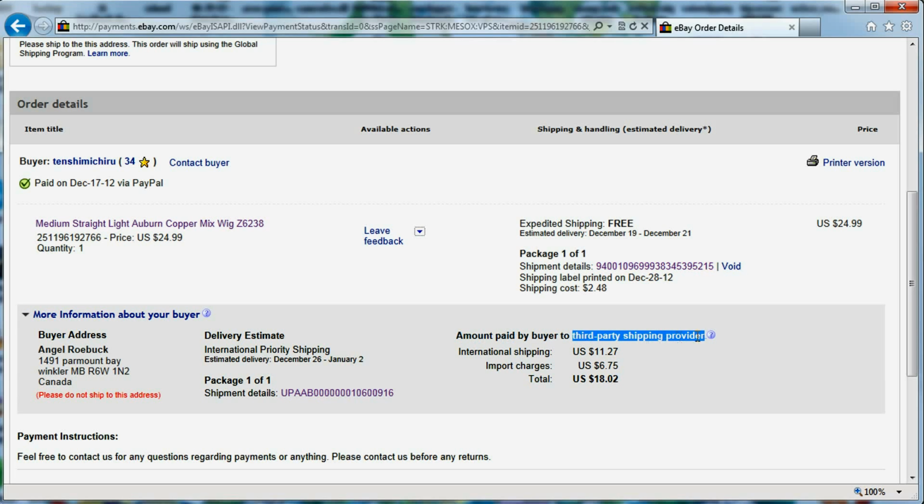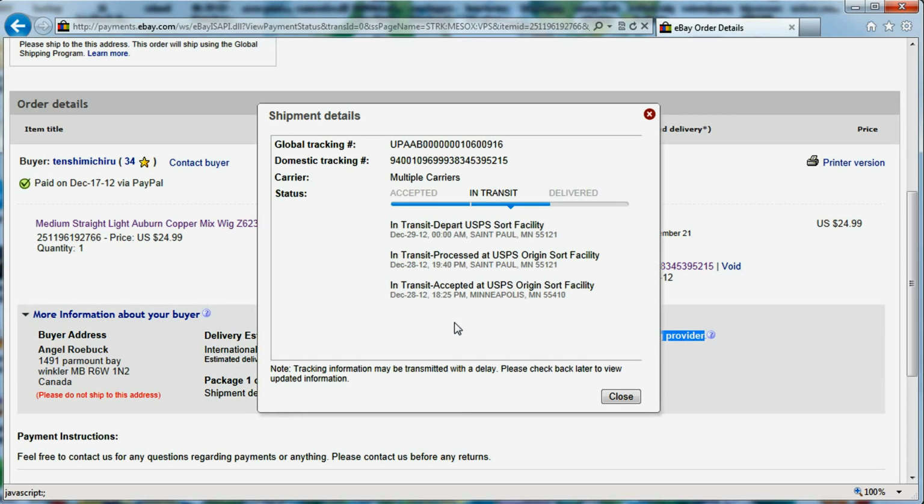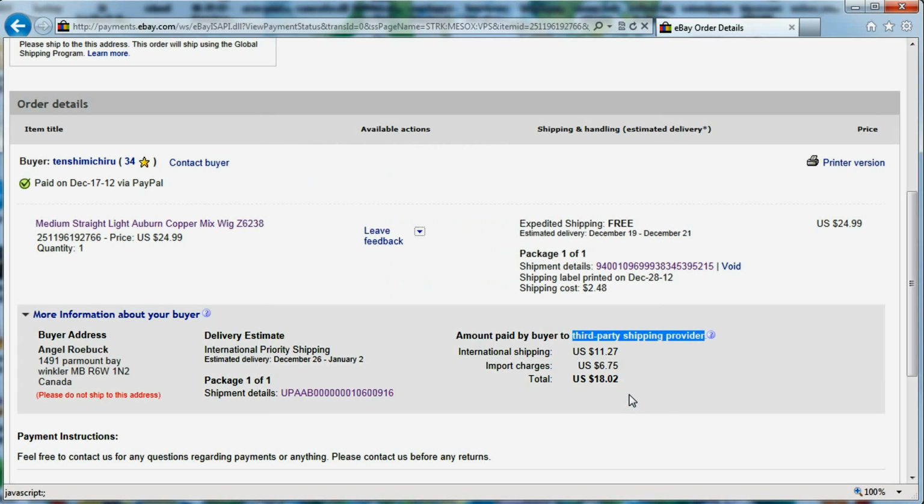For all we care or all we know, it might just be in somebody's pocket. It might be FedEx, UPS. Who knows? All we get is this little tracking number here that if we click on it is basically like our global multi-carrier tracking information. So that's how you can see what really was charged for a buyer. So in this case, the buyer was charged